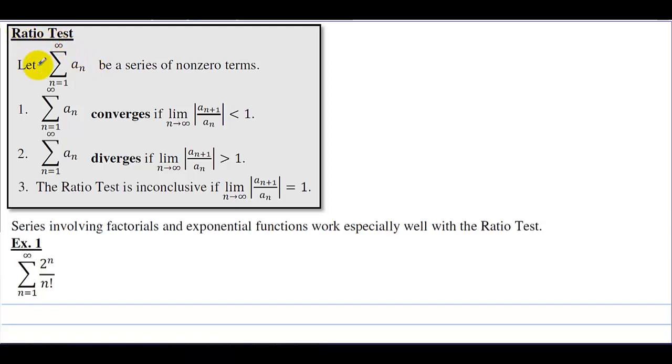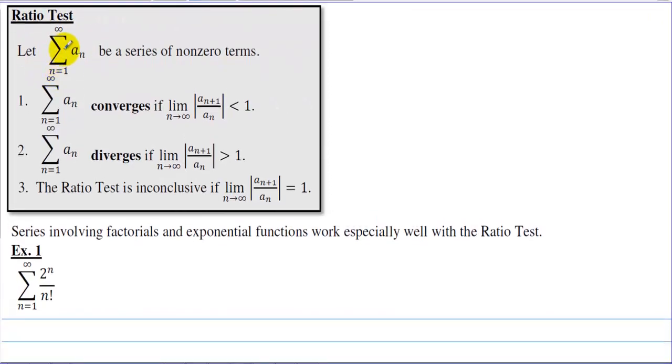The ratio test. Let the sum from n equals 1 to infinity of a sub n be a series of non-zero terms. Number 1. The sum from n equals 1 to infinity of a sub n converges if the limit, as n approaches infinity, of the absolute value of a sub n plus 1 over a sub n is less than 1. Number 2. The sum of a sub n as n equals 1 to infinity diverges if the limit of,